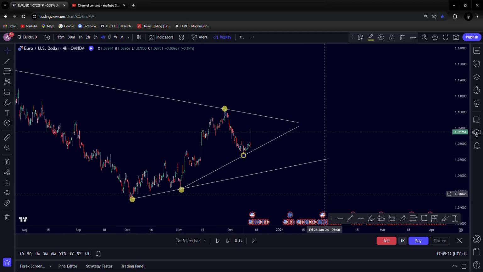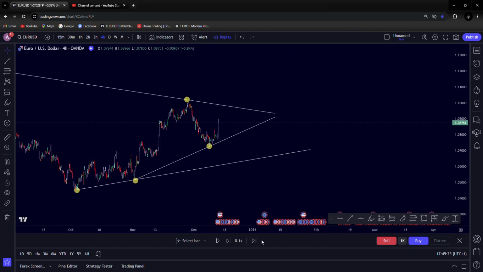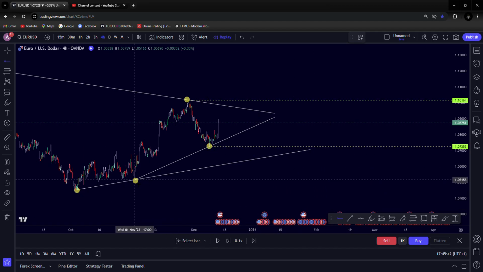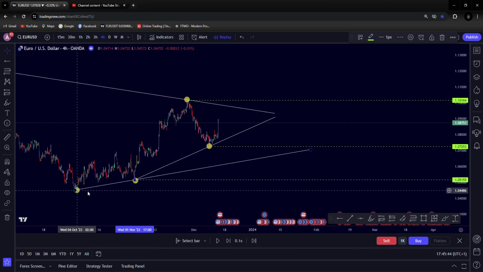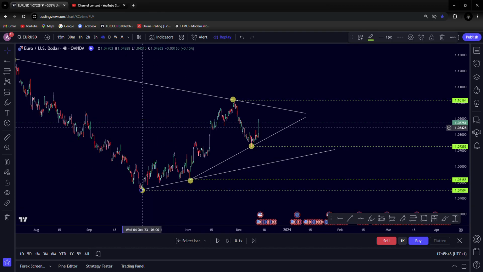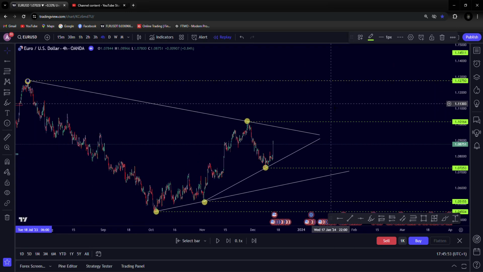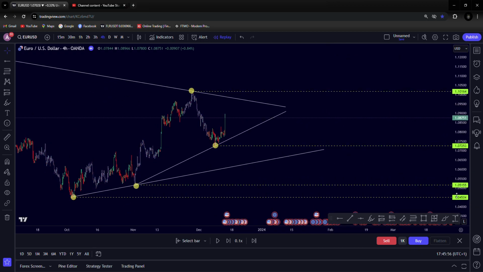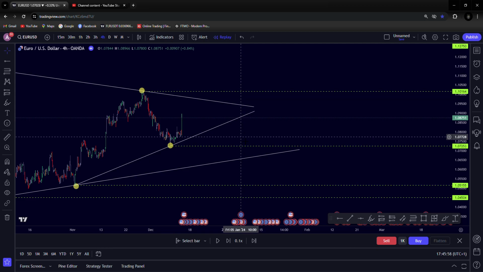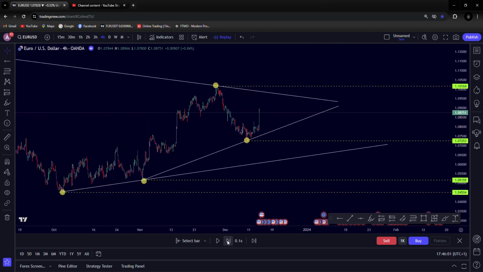Okay, now let's play a bit with this chart. Let's see what is going to happen. So to make it easier to understand, we have liquidity on our point 2 of the support trend line. We have liquidity over here, here on the very bottom, and also liquidity on the very top. Okay, let's see what the chart does. I haven't done this previously, but let's see what is happening now. Okay,